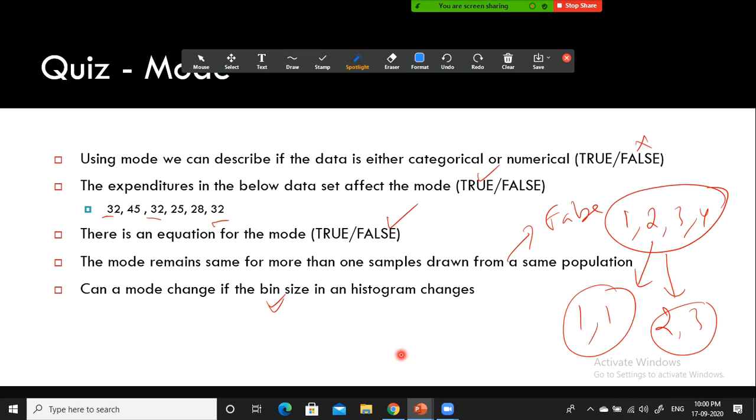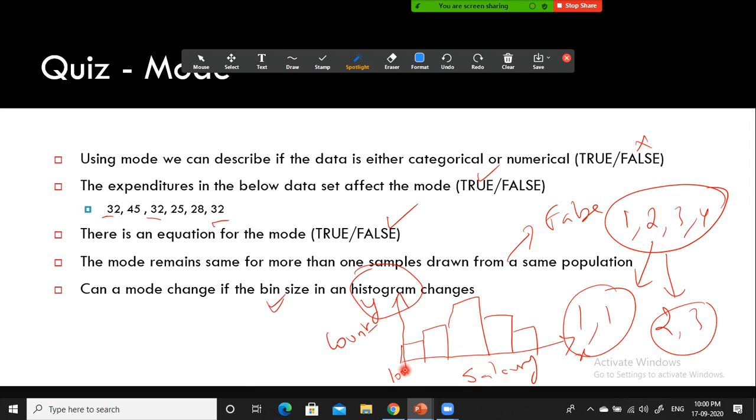Your histogram is something like this. This is very important. Listen very carefully. This is your histogram. This is your y-axis. This is your x-axis. On the x-axis you plotted salary. Just remember, in the case of a histogram, you can plot only one quantitative, numeric variable. On the x-axis, I plotted salary. What is there on the y-axis? Count. What do you mean by count? Number of occurrences.